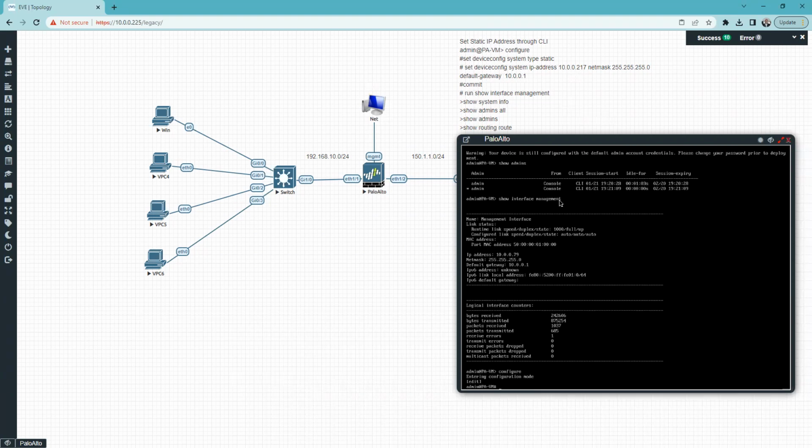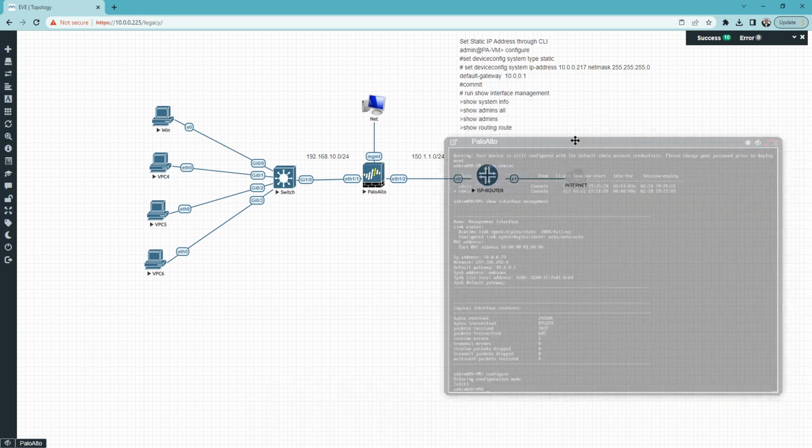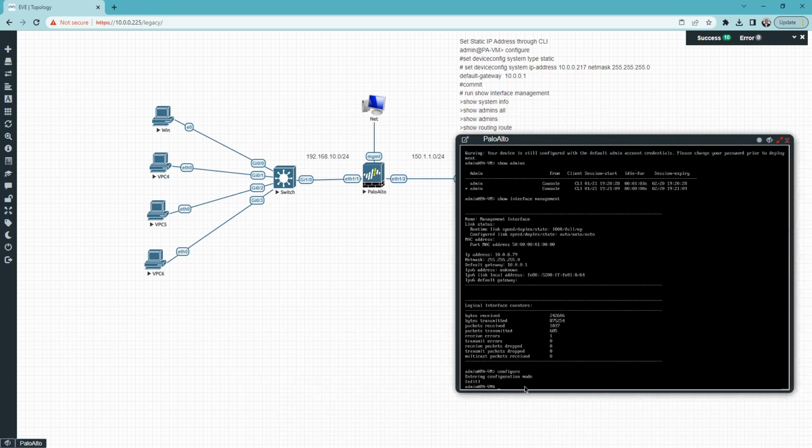From here, you can do a lot of settings like IP address, routing, NATs, policy, zones. A lot you can get done here. So how can we set the IP address on the interface statically? The command is right here. Number one, we need to tell the machine that we want it static. We set